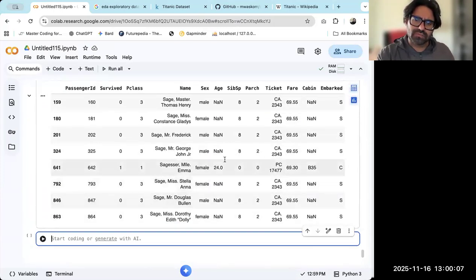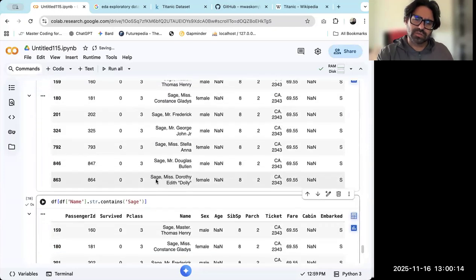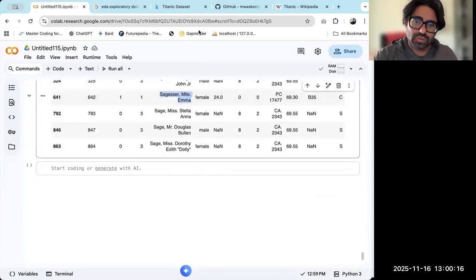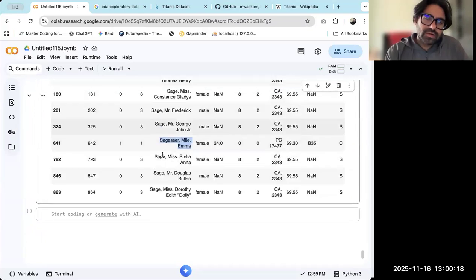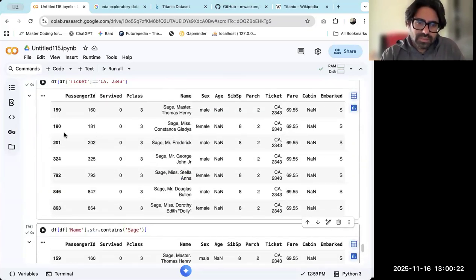Okay, the ticket is different for this. Segesar is different. Segesar is different. So yeah, it includes Segesar. So what is your take? Why are they not 11? And the reason is